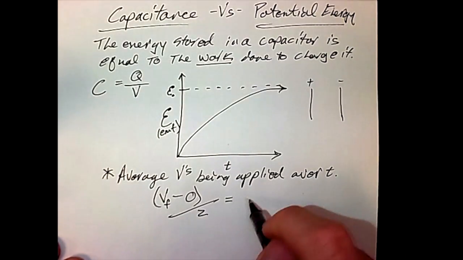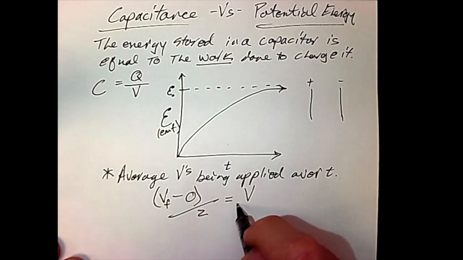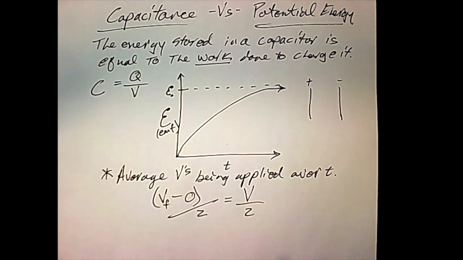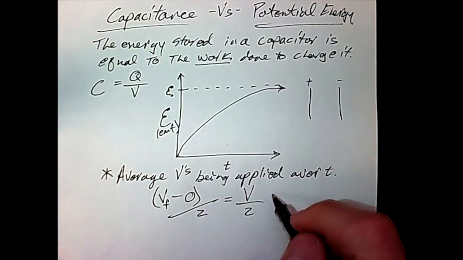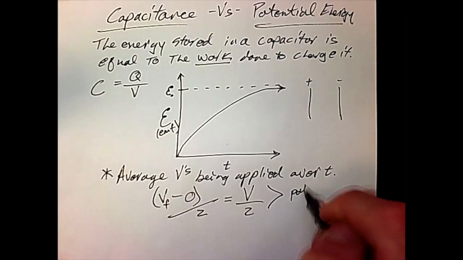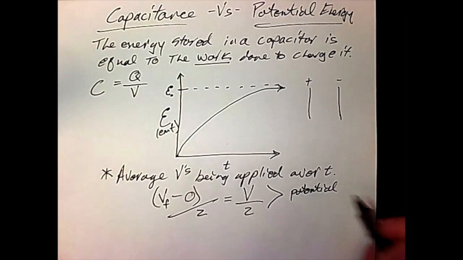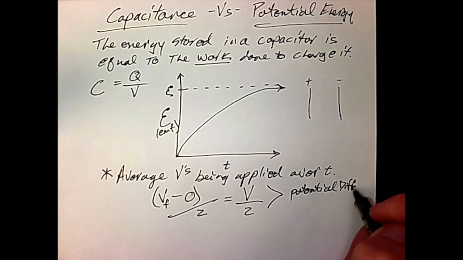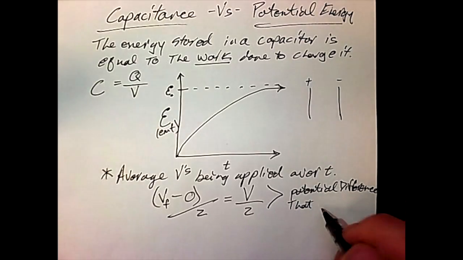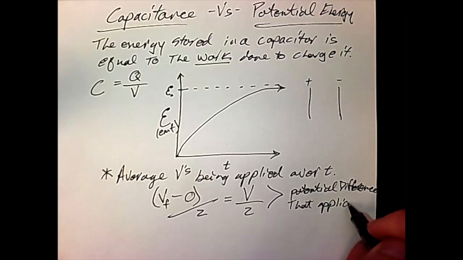And so the final voltage divided by 2 is the amount of potential necessary for the work. This is the potential difference that applies or stores the charge